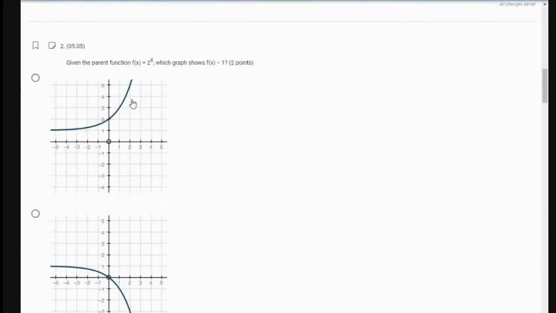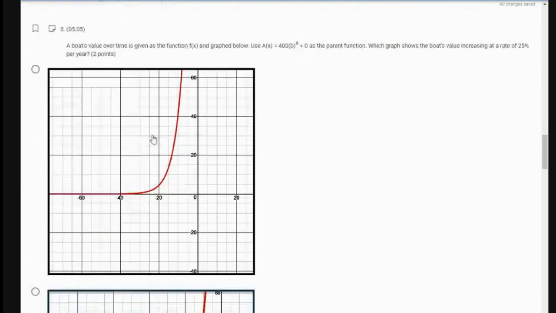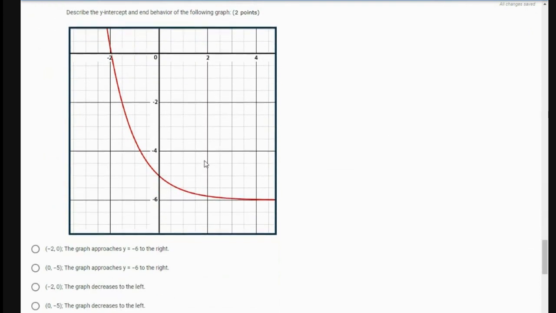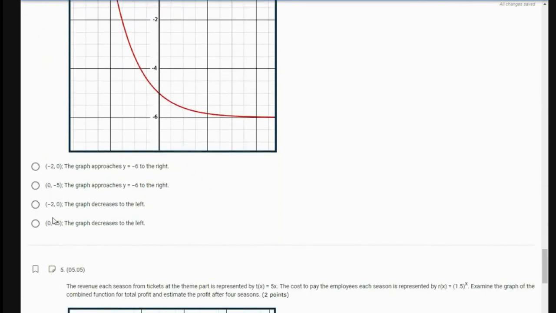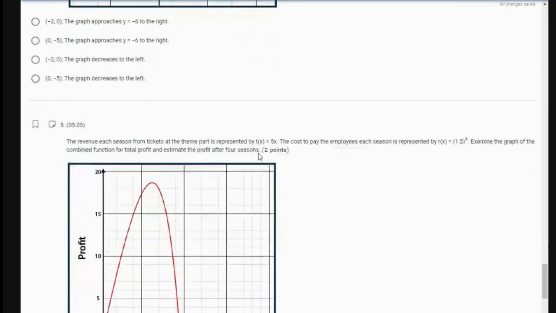Let's go down here to number 2. Given this function, which shows the exact same function, but has a k of -1. If you took 2 to the x minus 1, which one of these would be the graph of that? Here, a boat's value over time has this function, 400 b to the x plus 0. If the boat increases 25% per year, which graph would it be? So that would change the base. It has to be greater than 1. He did that in his example of a boat increasing in value. So which one of those 4 graphs? And this one just says you describe the y-intercept and the end behavior. Here's your 4 choices. Which one of those describes the y-intercept and end behavior? And then this one,